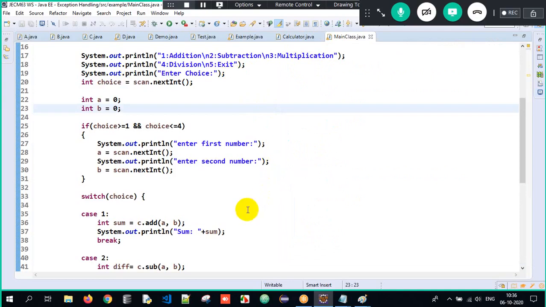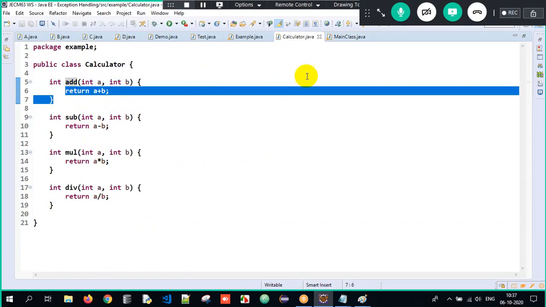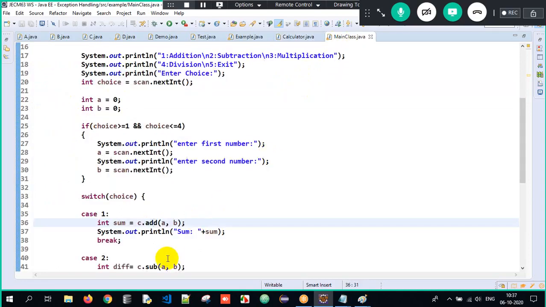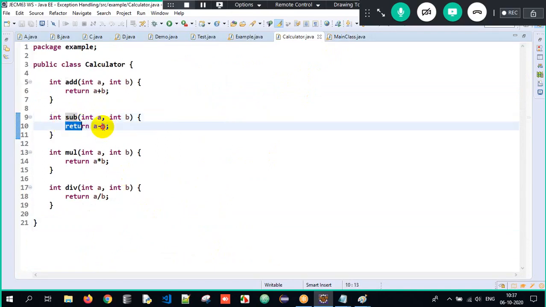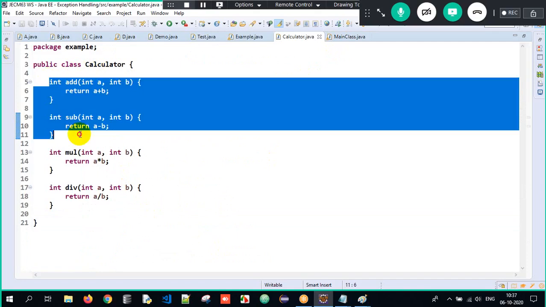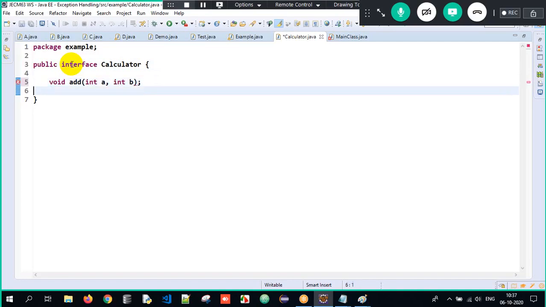But now, press Control on the keyboard, hover on the method. See, the implementation is easily visible, no? What is abstraction over here? I have to avoid the implementation, right? Press Control on the keyboard, hover on the method, I click on it. See, the implementation is easily visible. So you can have an interface over here. I will create an interface called calculator, and you will have 4 abstract methods. Add of int A, comma, int B. So how many abstract methods will you have?